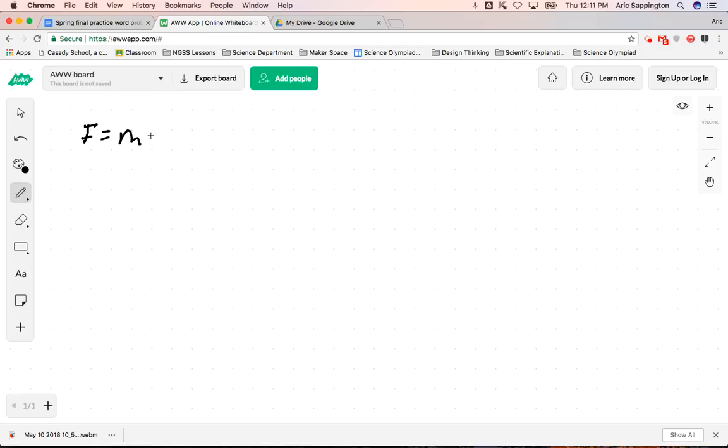equals mass times acceleration. And the mass is 0.22 kilograms. And the acceleration due to gravity is 9.8 meters per second squared. And that you're going to have to know. The acceleration due to gravity on Earth at sea level is 9.8 meters per second squared. And then when you do the math on that,